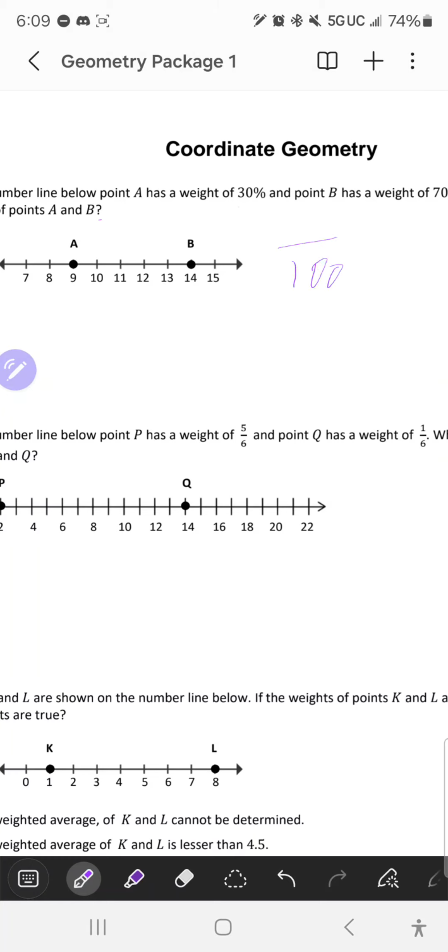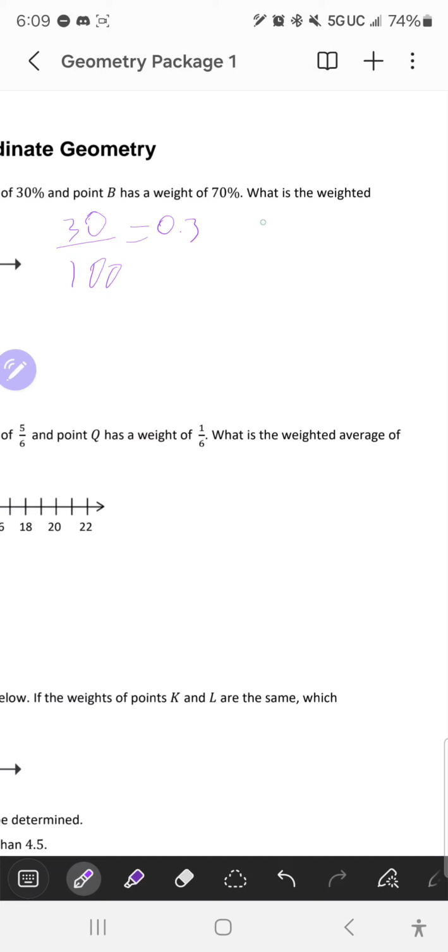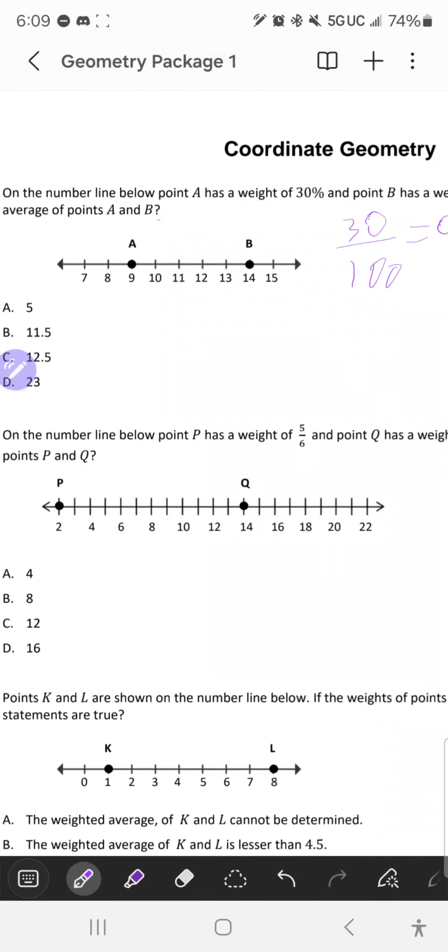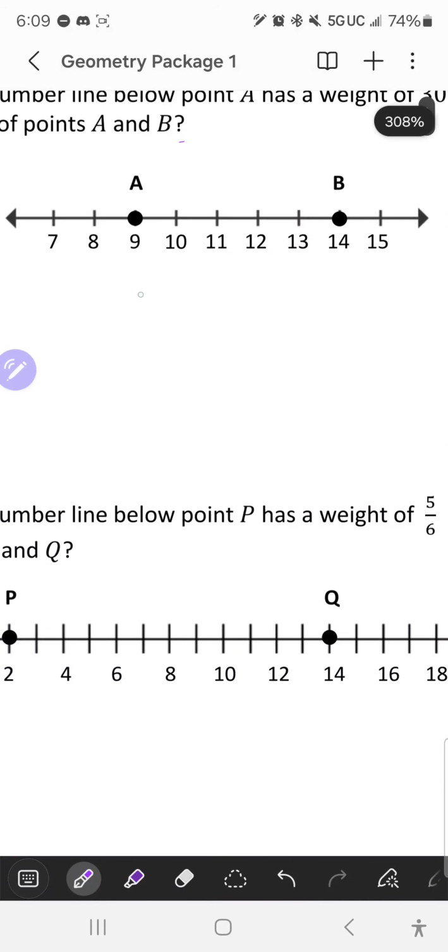So 30% is equal to 30 over 100, which is the same as 0.3. And 70% is equal to 70 over 100, which is equal to 0.7. Now, they're asking for the weighted average. The weighted average is the same as adding the percentage of the numbers together. So we say 30% of A, which is the same as 0.3A, plus 70% of B, which is the same as